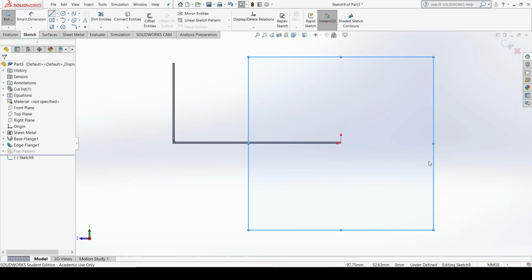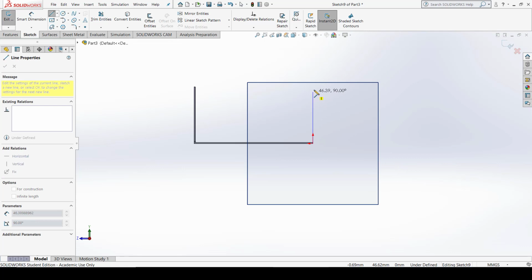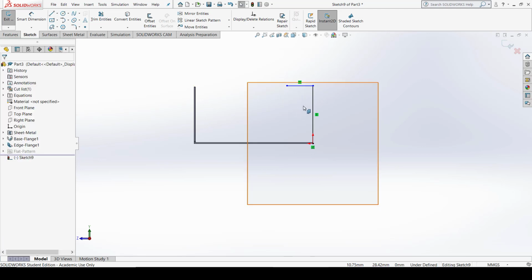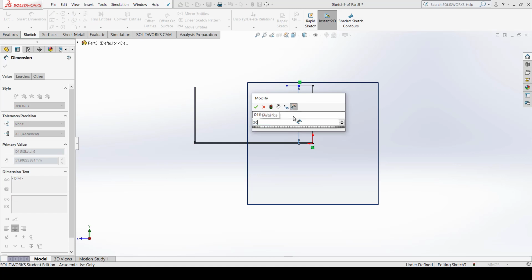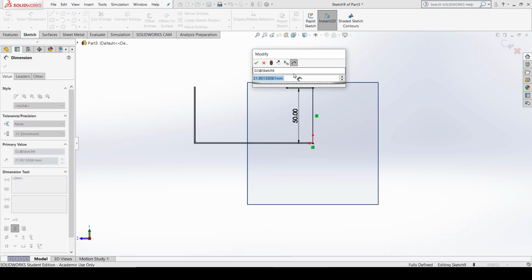Now I have to draw the type of flange I require. So I just make sure that this should be from the lower edge, it should be 50. Click OK, fine, and this edge should be around 20.